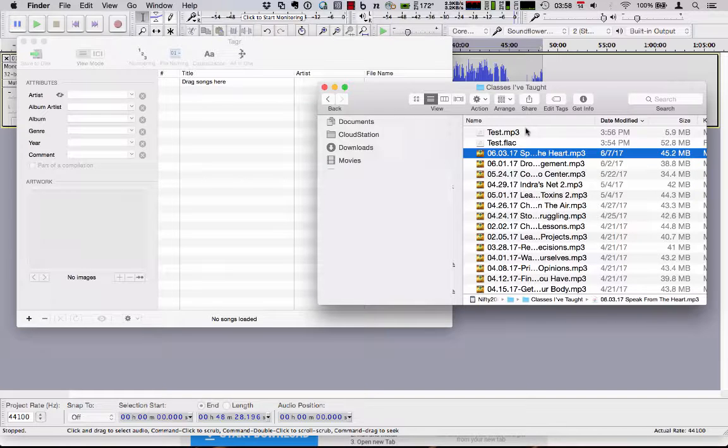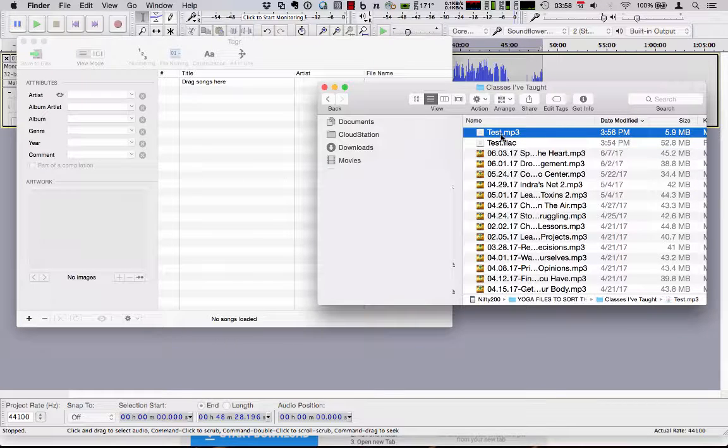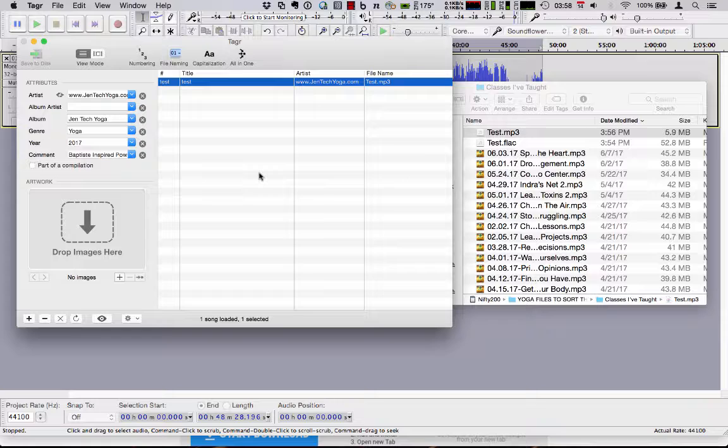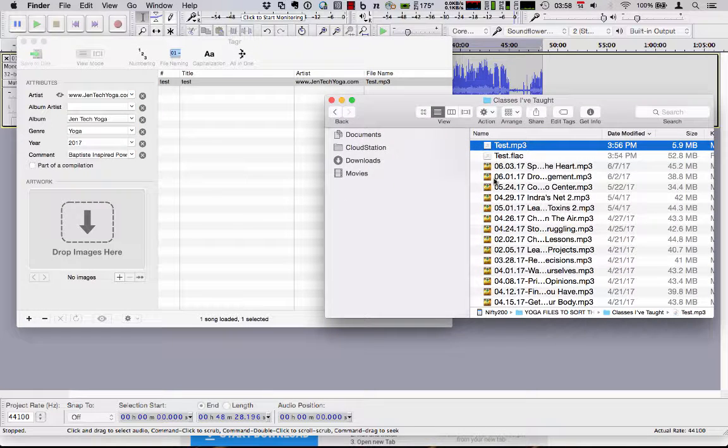So I've opened the folder where I exported my test MP3 and my test FLAC file. We're not going to worry about the album art that's embedded into the FLAC file. We're just concentrating on the MP3 because that's what we're going to be uploading for podcast sharing purposes. So when I drag the MP3 file into Tagr, you can see that it will populate the fields with the information that I set in it, and I can drop an image here to set the album artwork that you would see either in the file when it's previewed. You can see that there's album artwork in these files, or through iTunes or Google Play, the artwork that's displayed